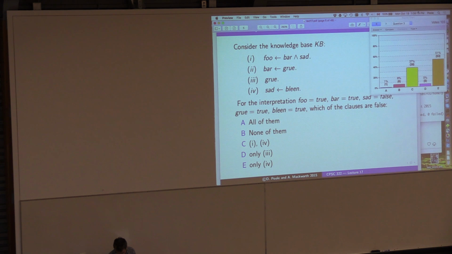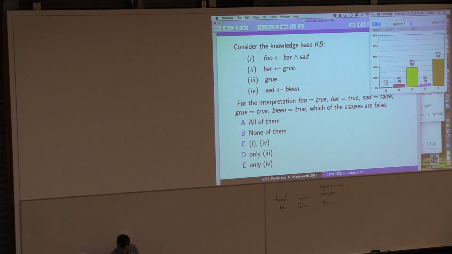All right, there's a disagreement here. Is clause 1 true? Well, is the head true? The head is foo, is true, right? And the bar is, so the body is false and the head is true. What was the rule about if the head was true and the body was false? And in this, we said the clause was true. So this is the head if body clause. So it turns out that 1 is actually true. So the answer here is